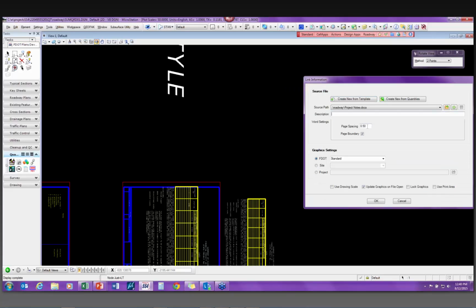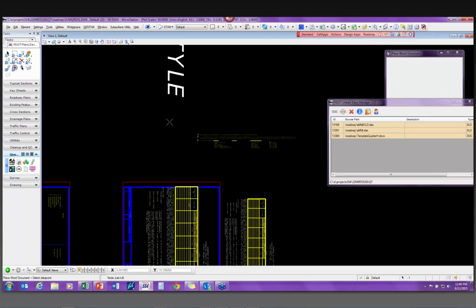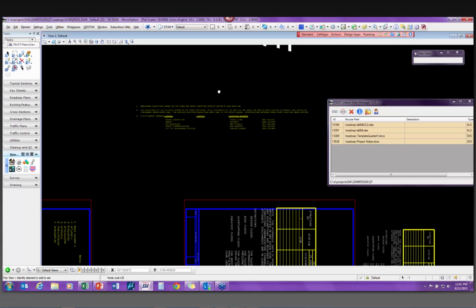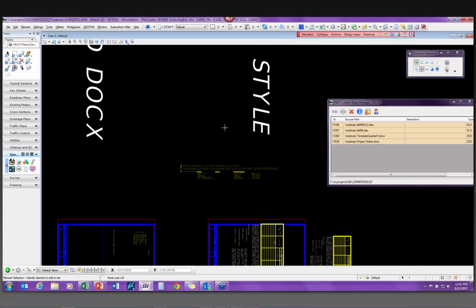Okay, I'm going to set my page spacing to 0, turn the page boundary off, tell that okay, and now you can see it's using the rotation that I have for my view, okay? And I could go in here and again,